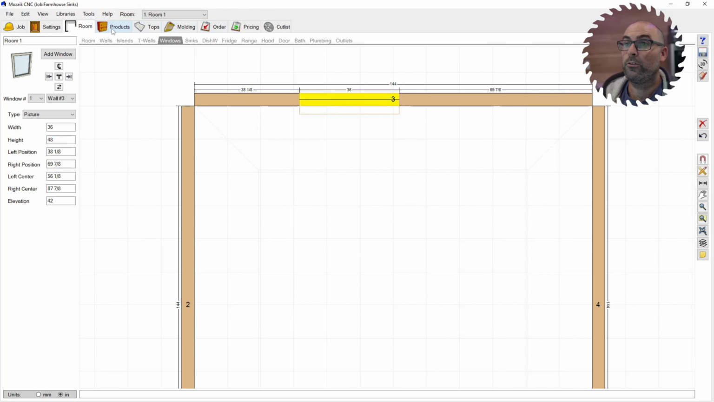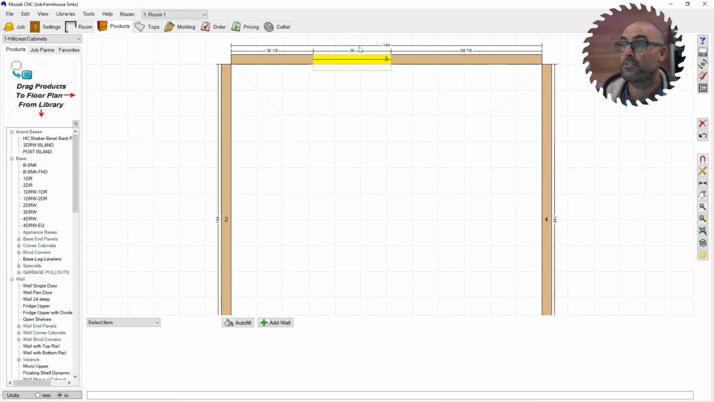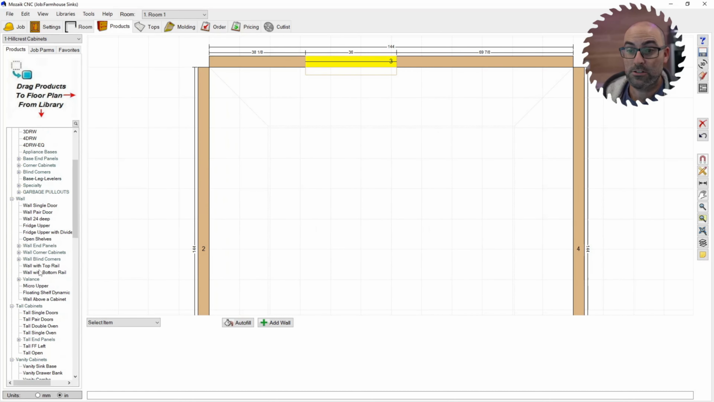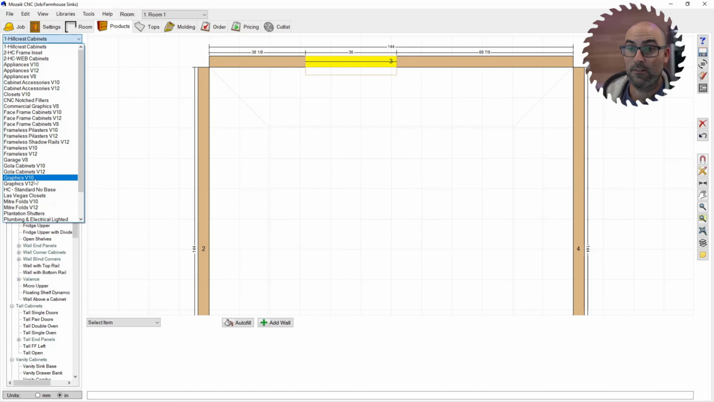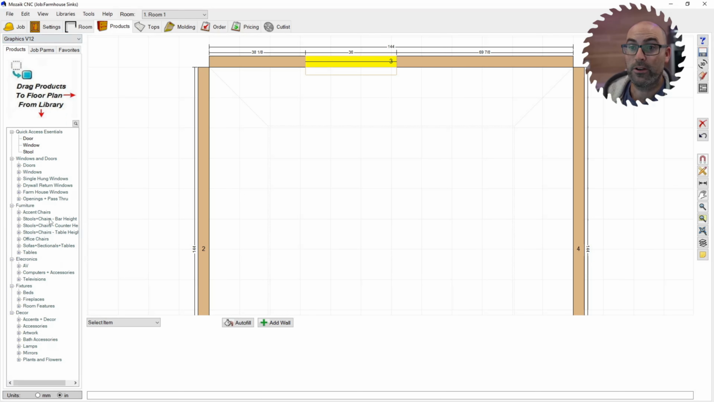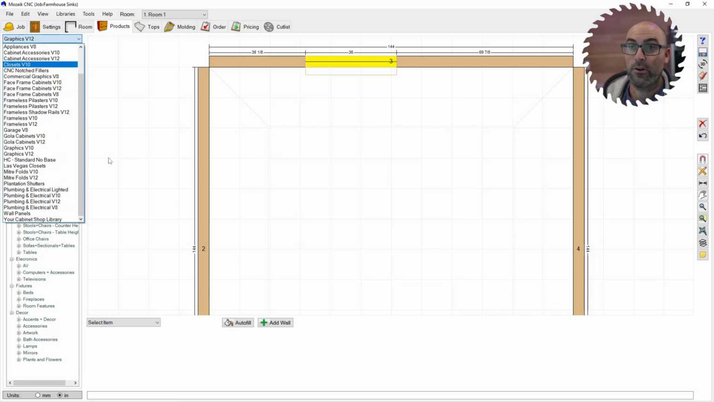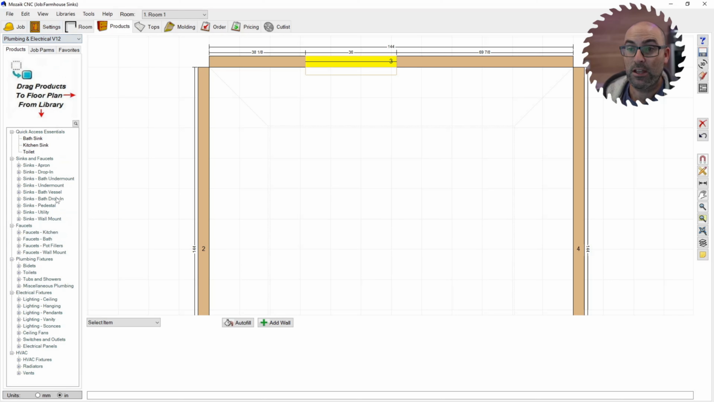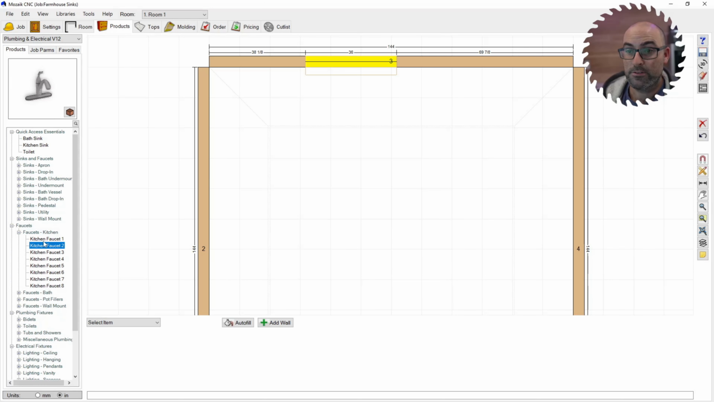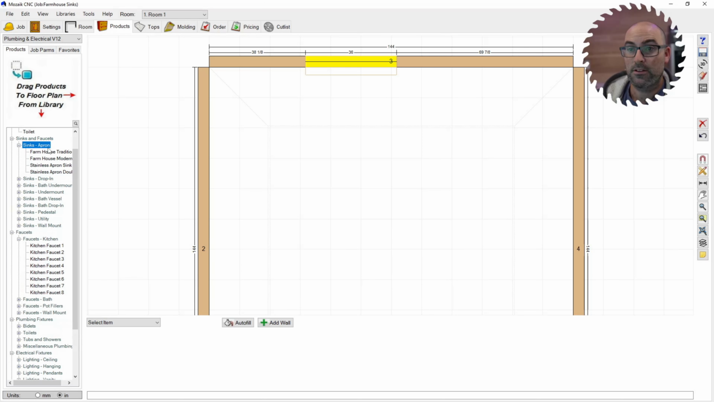Okay, so in order to get the farmhouse sink first, what you're going to want to do is go to the graphics V12 library. Oh no, I'm wrong. It's actually plumbing and electrical V12. So after you do that, you're going to search through here and look for a farmhouse sink. That's faucet. Apron right here. So there's a few different models built into Mozaik,